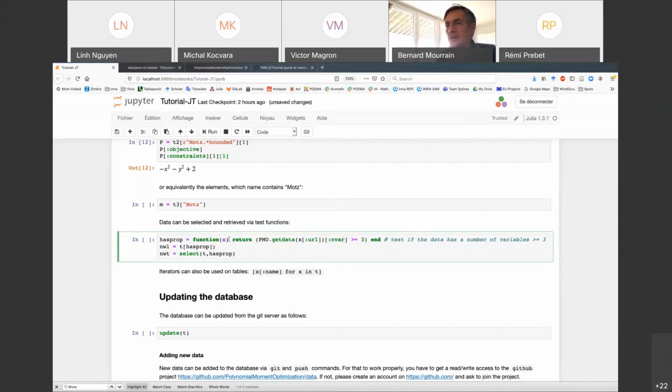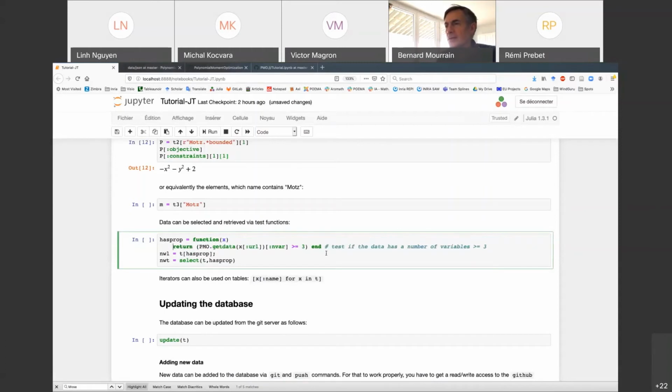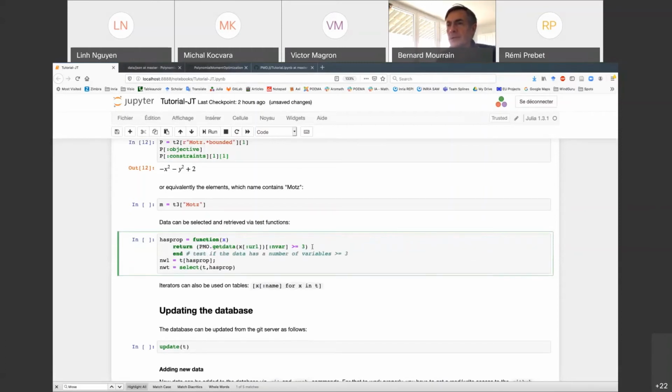It's a Julia function which is taking x as an argument, which will be some entry of the table. So x corresponds to a URL corresponding to a data. So you get the data from this URL.